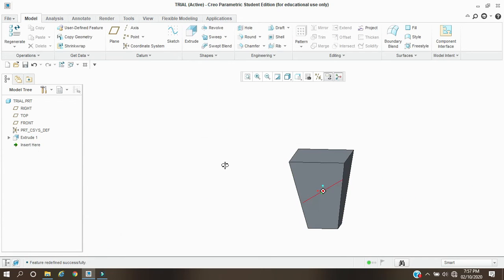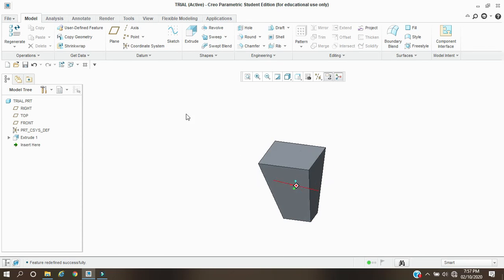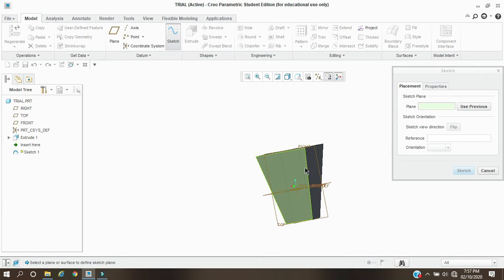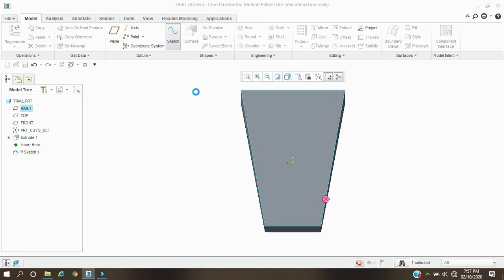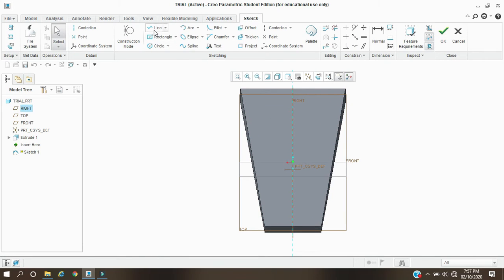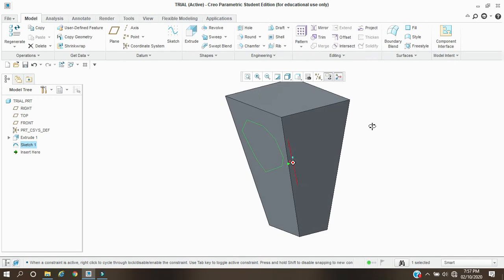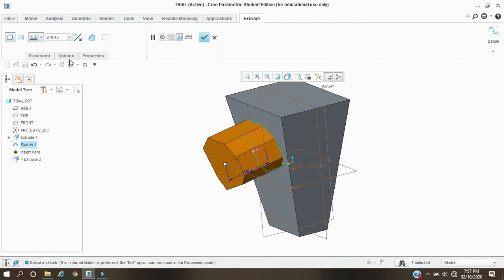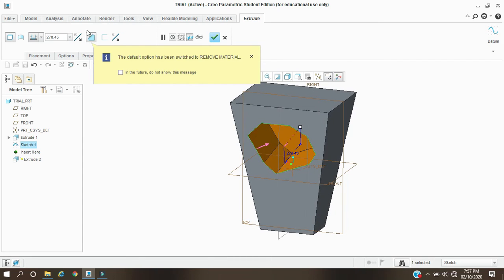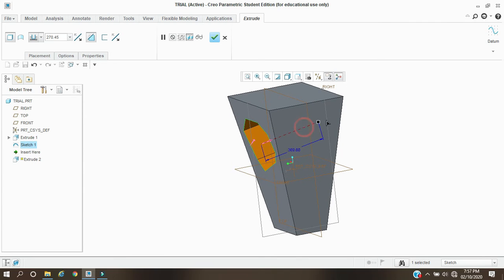Now we will see the extrude cut operation, means removal of the material. For this we need to draw one sketch. For that I will draw over this surface or plane. I will make a new part, like I want to extrude cut this type of section over the surface. And the sketch does not need to be coincident with the surface, any sketch is okay. Select the sketch, change the direction, and this icon will activate for the material removal in extrude.